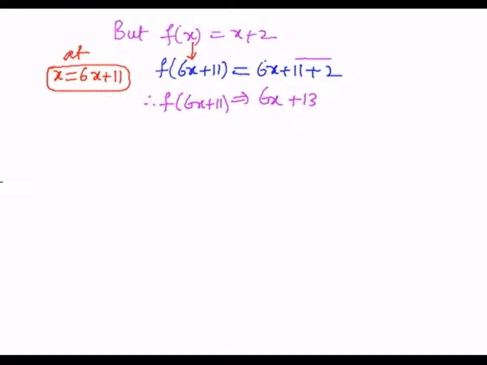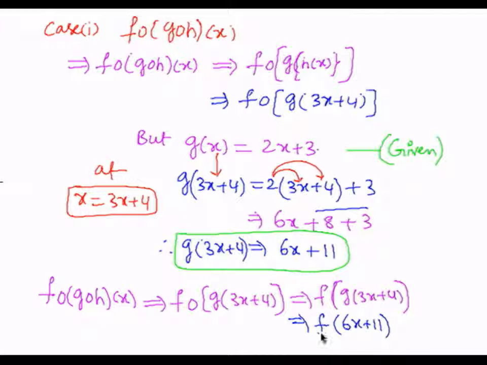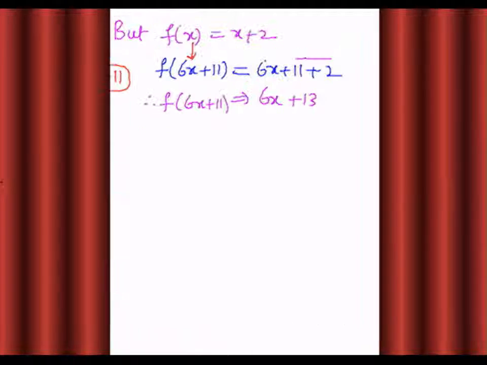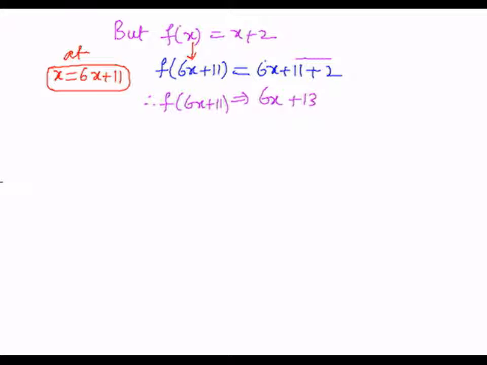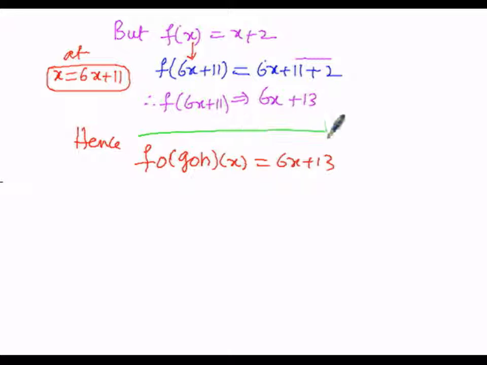But f of 6x plus 11 is nothing but f circle g of h of x. So in this manner, hence f of g of h of x is equal to 6x plus 13. So here we got this step from the first case. We are going to write it as equation number 1. Then now let us go for the second case, that is